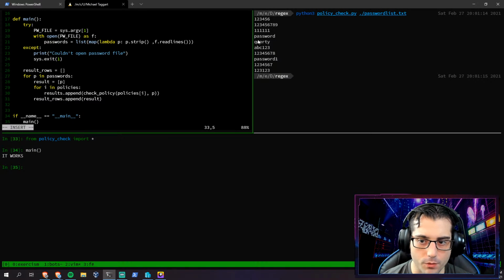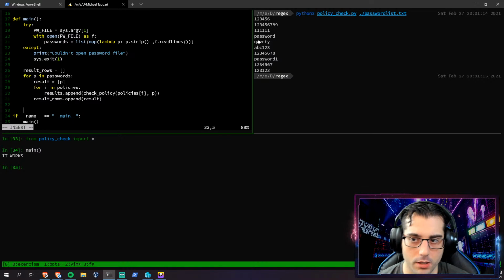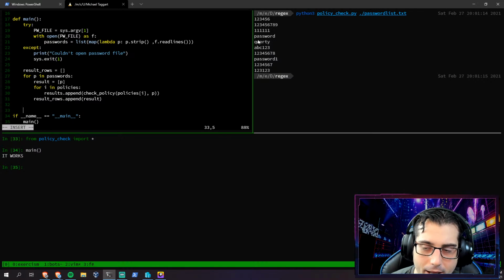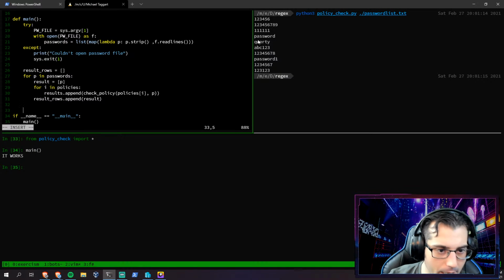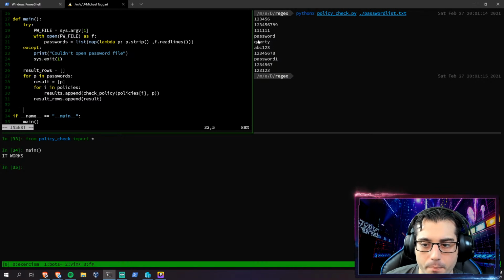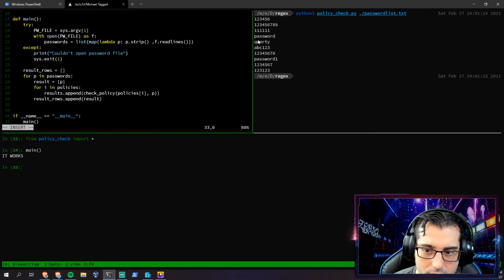Now we have to write the thing. So far we haven't asked for our output file. Right now we could print it to standard out if we wanted to, and I tend to like doing that because then I can pipe it to whatever I want. But if we wanted to, we could also ask for a second command line argument for the output file, right? So here we could say something like